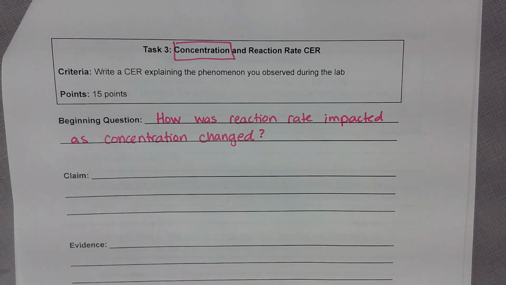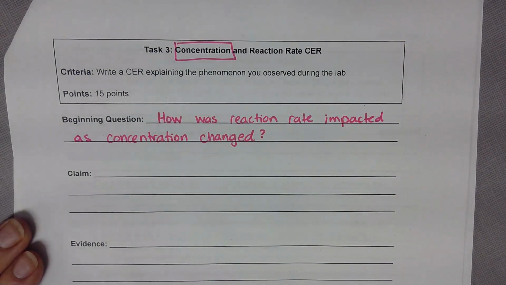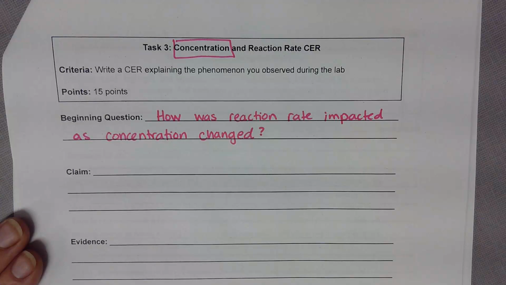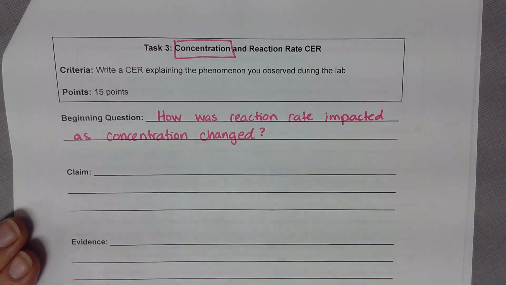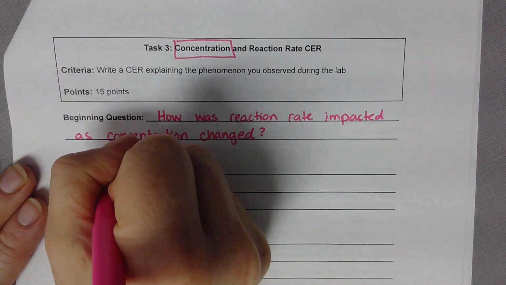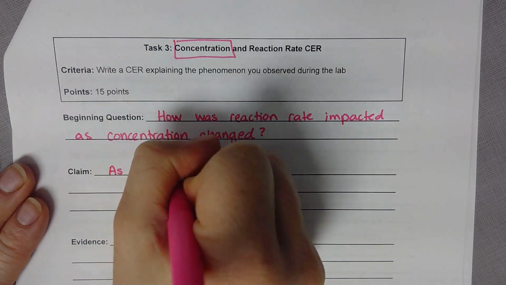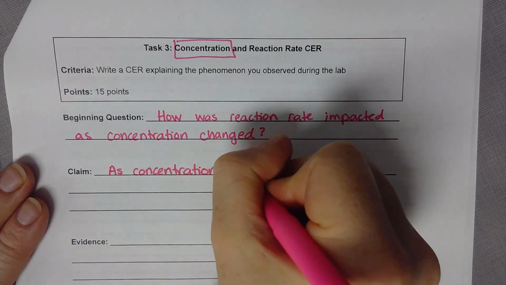Okay, so one sentence, we've got a question word, we've got a question mark. Our next task is going to be to write our claim. So one sentence that answers our beginning question. Now we're going to borrow a lot of vocabulary from the beginning question. So we know our variable of focus. We're focusing on concentration. So we're going to start with as concentration increased,